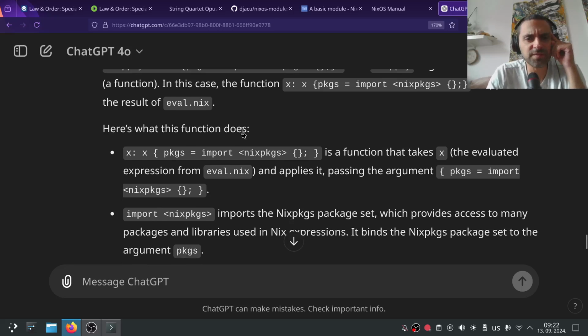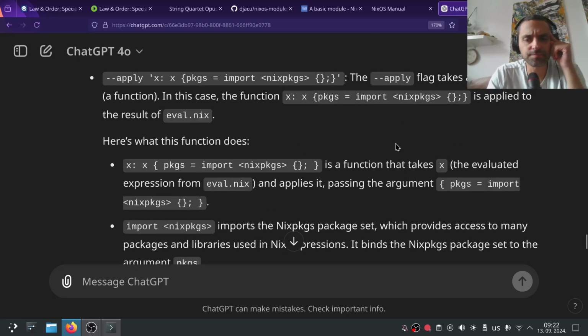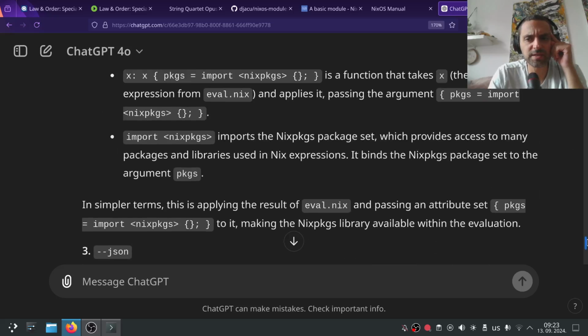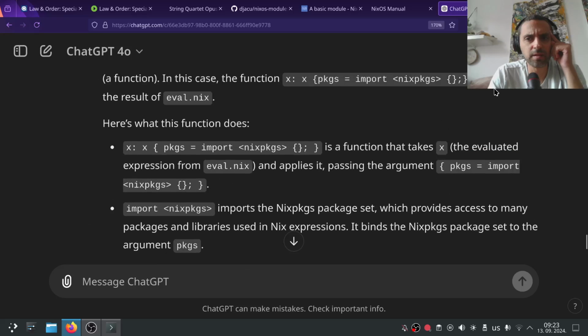Here is what this function does. Why is this thing not working? It's a function that takes x, the evaluated expression from eval.nix, and applies it passing the argument